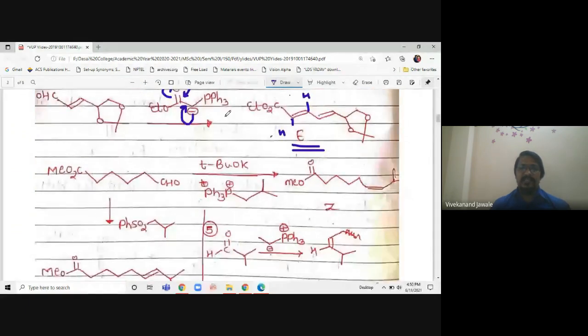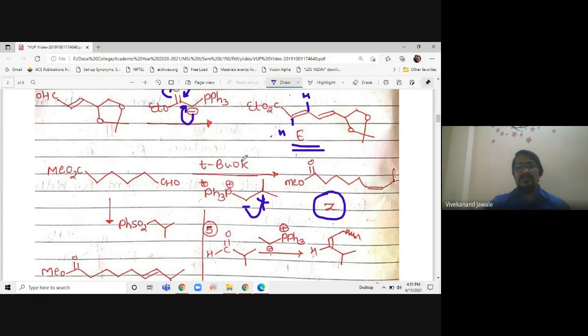Okay, so we'll see next here, instead of this C double bond O, now they will have an alkyl group. So negative charge is here, positive charge is here. Now this is not at all having a conjugation, this cannot go here, right? So that's why this is not stabilized, or we call this destabilized. Okay, this is stabilized. Why? Because it is going into conjugation. Here it is not going into conjugation, that's why we call it an unstabilized halide. If there is an unstabilized or destabilized halide, we will get Z configuration of the double bond which is given here.